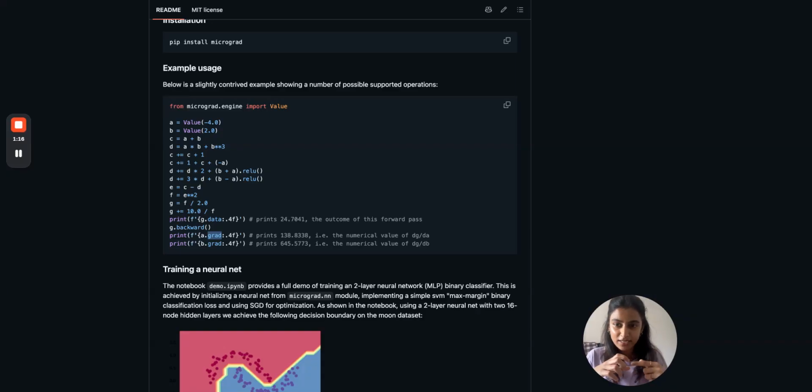Now, you iteratively update the weights based on this gradient information that you get and minimize the loss function to increase the efficiency of your neural net. That is the whole purpose of this value class, and that's what we're going to implement. So a little summary: you can do a forward pass with the value class, and you can do a backward pass, which will calculate the gradients of G with respect to all the weights involved in that mathematical expression.